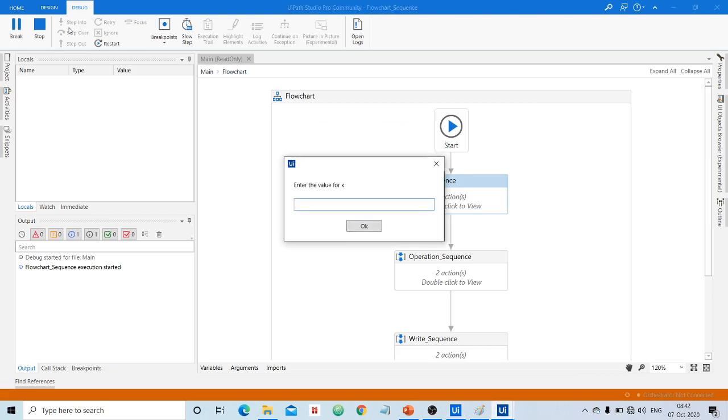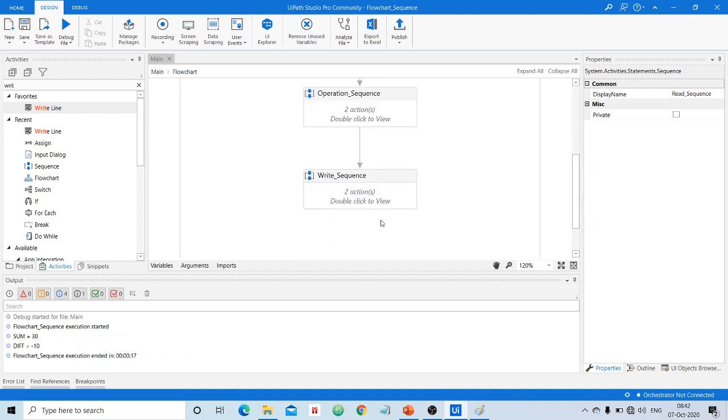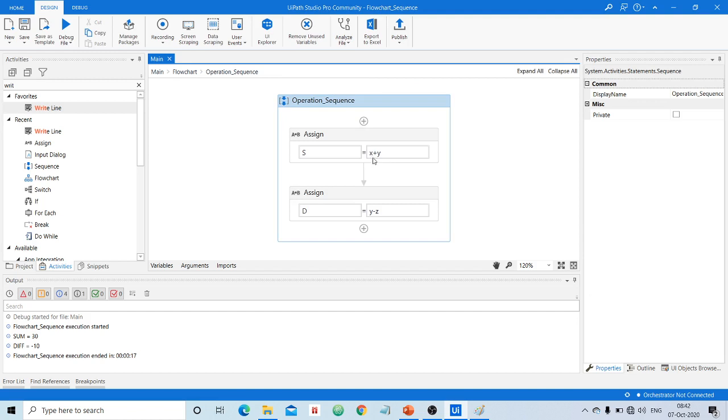Now it is going to the first sequence, a read sequence, where it is asking the value for x. I will enter the value as 10 and this as 20 and this as 30, so that we can easily remember. And we are finding the sum of first two numbers, I mean 10 and 20.